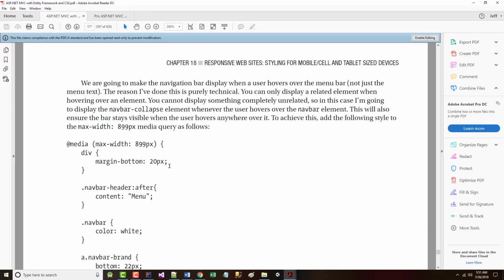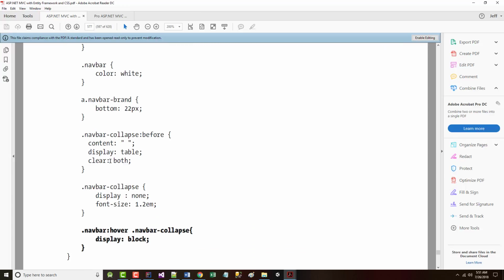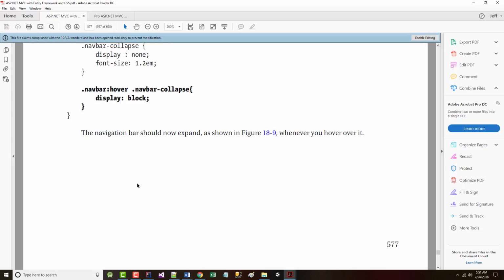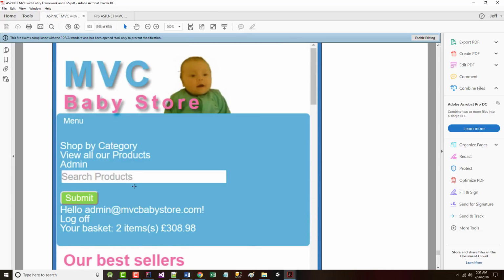We are going to make the navigation bar display when a user hovers over the menu bar, not just the menu text. The reason the author has done this, he says, is purely technical. You can only display a related element when hovering over an element. You cannot display something completely unrelated. Now, he's gone through there and done this. So now, as you can see,